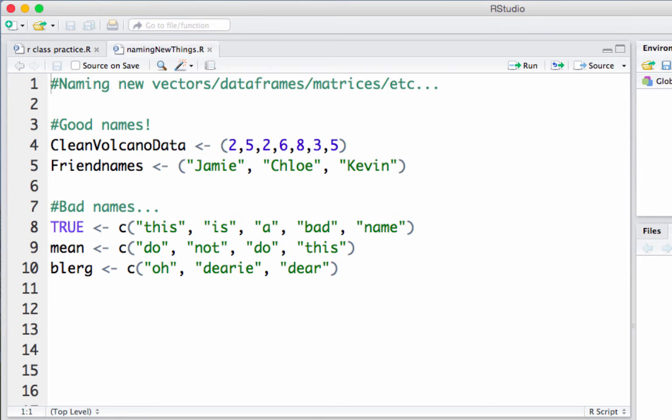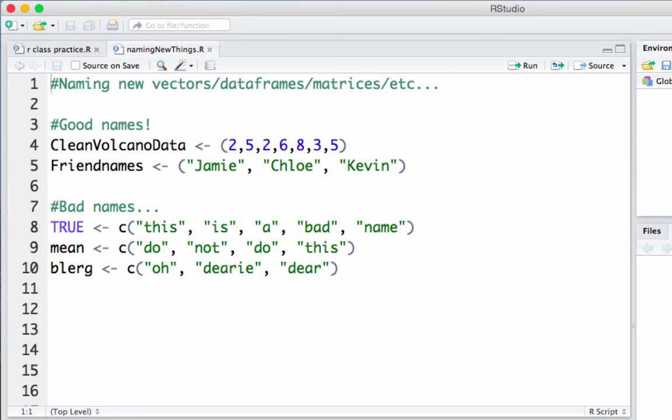The second example is similar to that in that we don't want to save a vector called mean because mean is already a function in R. Now, R will sometimes actually allow you to save vectors into words that have meaning, which is really bad, which is why, though some may allow it, we really want to avoid doing that. You want to come up with a name that's unique, that isn't going to be confused with a function. So the perfect name is going to be unique, descriptive, and not already a function in R.